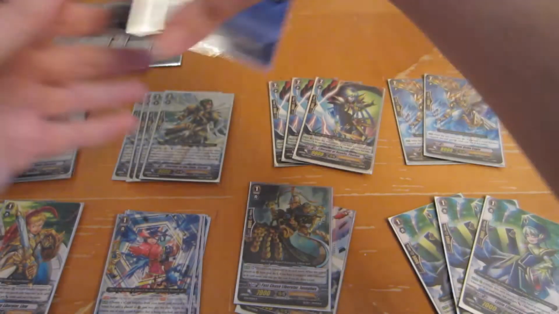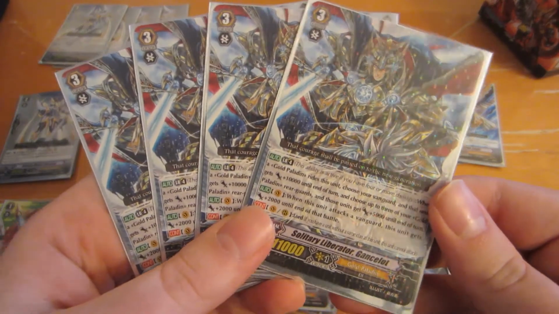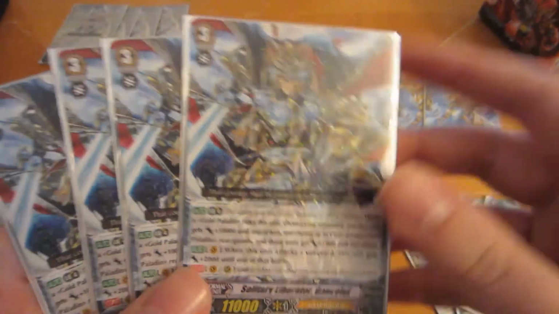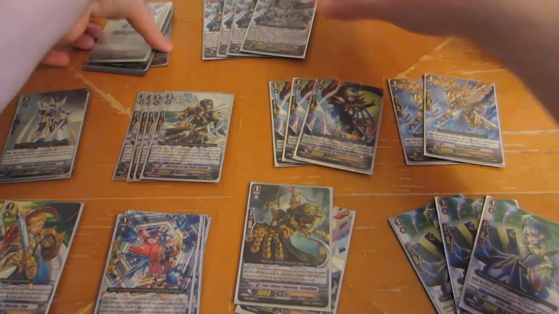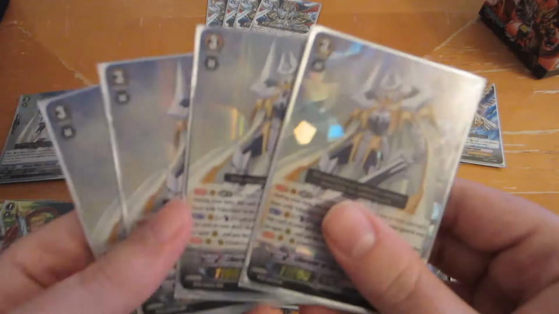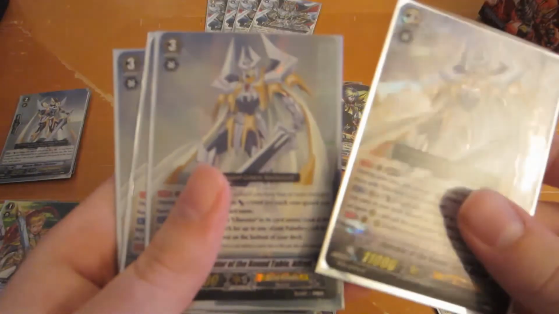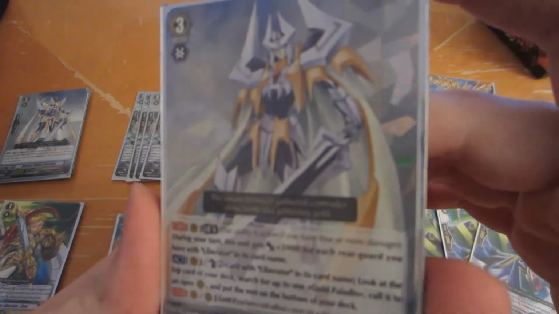And finally, grade 3 lineup, very simple. 4 of the Solitary Liberator Gancelot, which is the Break Ride, the main card of the trial deck. And, reaching really far and making strange noises, is 4 Liberator of the Round Table Alfreds. In the front, if you'll notice, is an SP, which I pulled in a pack the very most recent time I opened